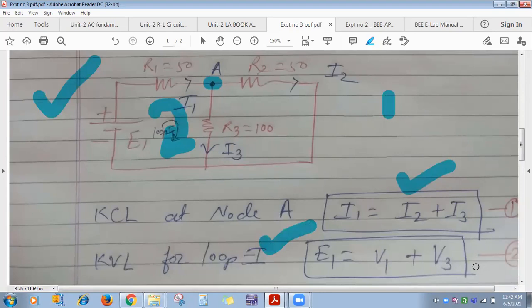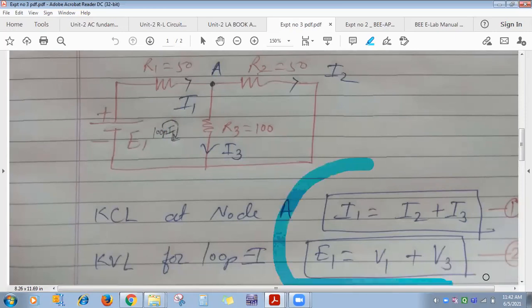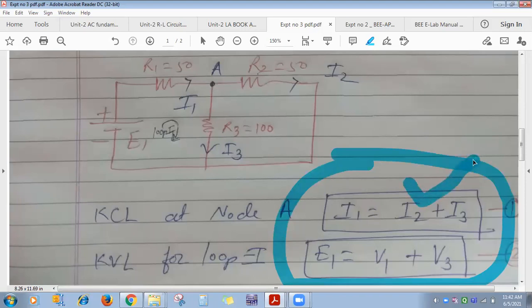So what we'll do, whatever readings you got in the observation table, put the values in both the equations. Then you will get RHS equal to LHS. Suppose for I1 equals I2 plus I3, I am getting RHS equal to LHS. What does it mean?